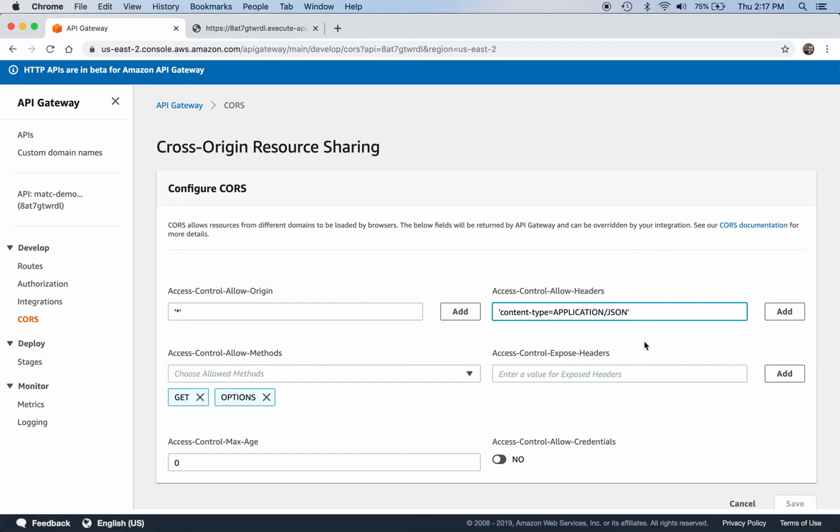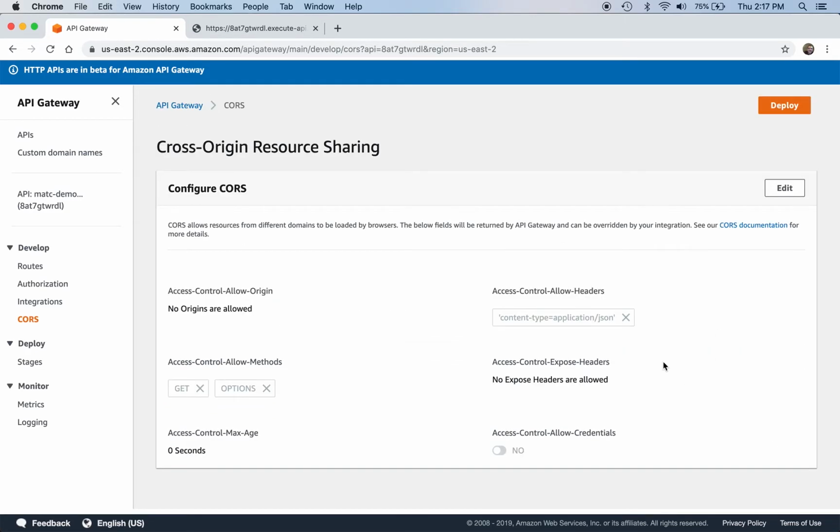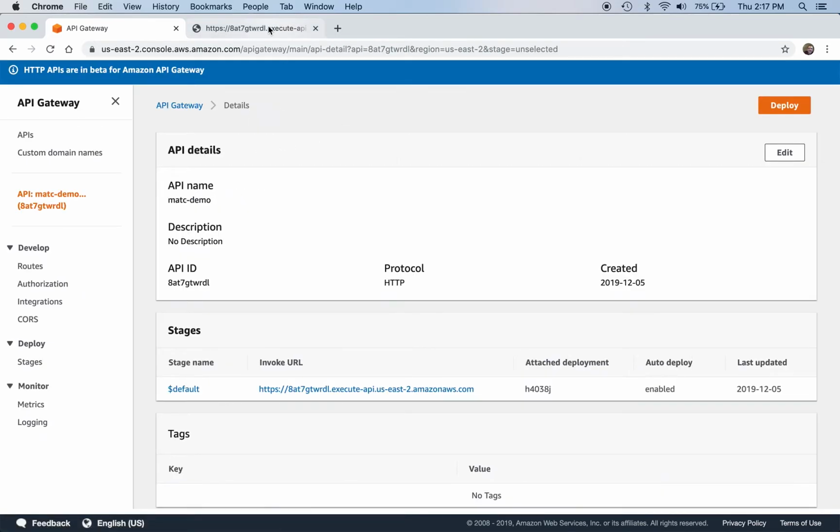Application/JSON. And save that. And I still don't think that's necessarily right. We'll try it. Okay, so if I go to the API gateway, I click on this, we can all see